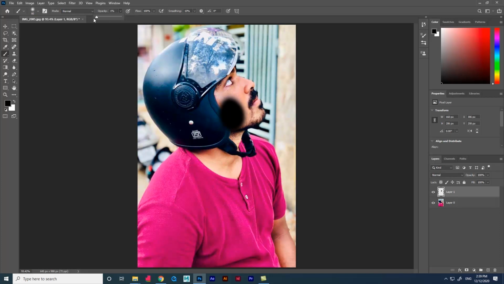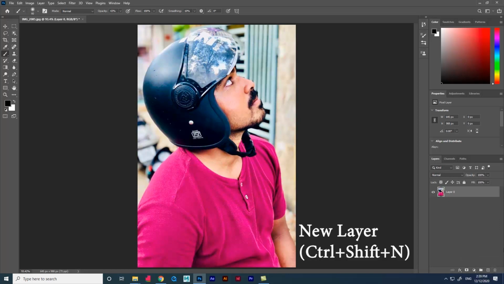Now let me keep the opacity at 40% and draw a stroke again. You can see the difference. Now let me select the layer on which we drew the brush strokes and reduce the opacity of the layer. You can see that both brush strokes are reduced. This is the difference between the two opacity sections in the software.